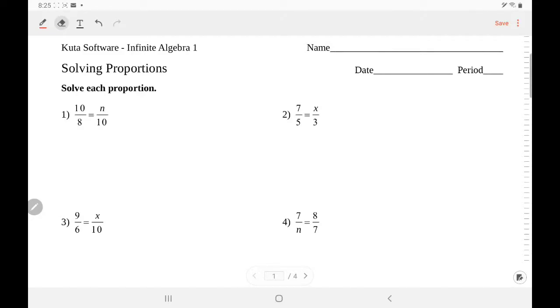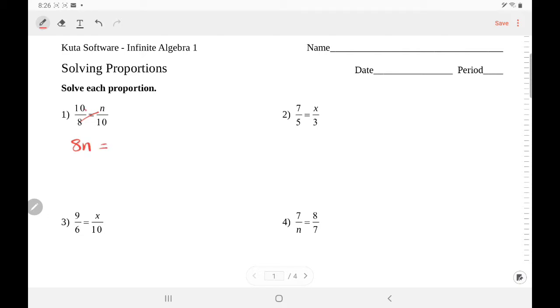Today we are going to do Kuta Software Algebra 1 Solving Proportions. The best way to solve proportions is by cross multiplication. You can multiply either direction first. Let's try number 1. 8 times n is 8n